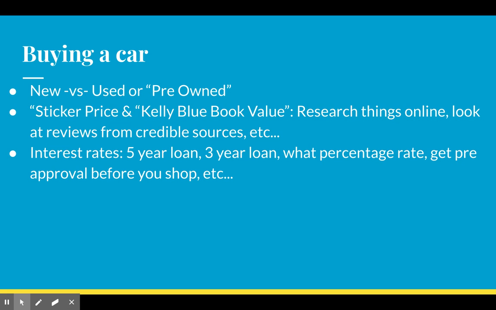For buying a car, the interest rates, usually people get a 3-year loan, but typically nowadays, it used to be companies would do 3-year loans, but I've seen more and more companies doing 5-year loans. So before you buy a car, you might want to go to a bank. They might offer you a certain interest rate. And you might go to a second bank. It's almost always good to go to multiple banks so that you might get pre-approved for a couple of loans. Shop around. Don't just take the first rate you get.